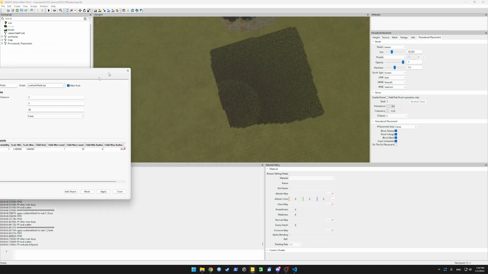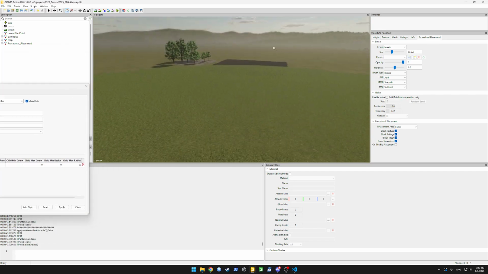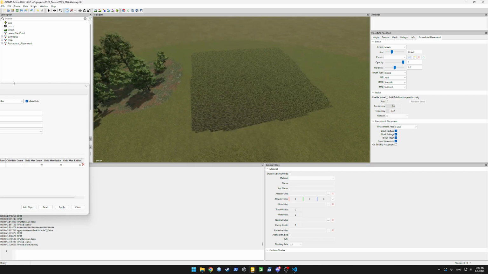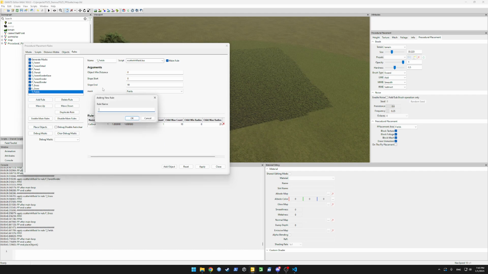Okay, we finished generating. Now we have our field, but we have a small problem. It's filled with grass. Okay, so before I disable it, let's show something else. We have a clear foliage rule. We can add clear foliage on fields, and over here we can select the script clear foliage in mask. We can select our fields mask, and this, if we go